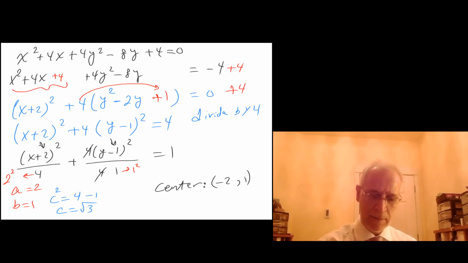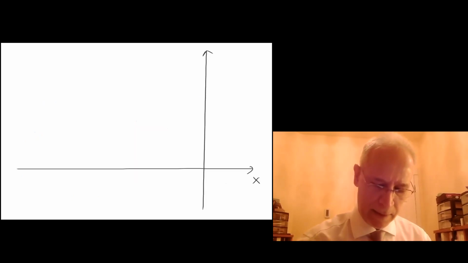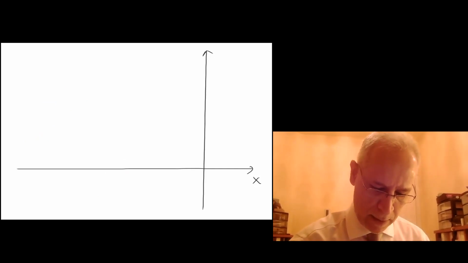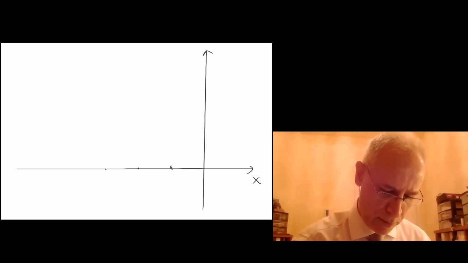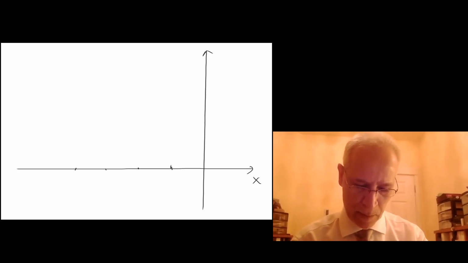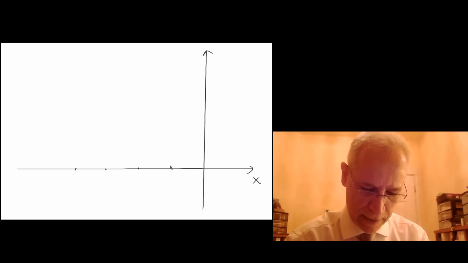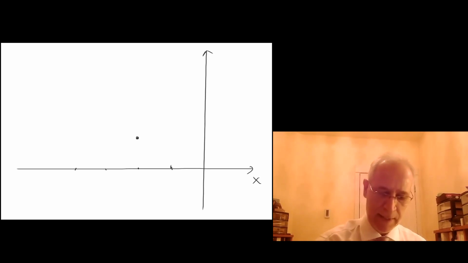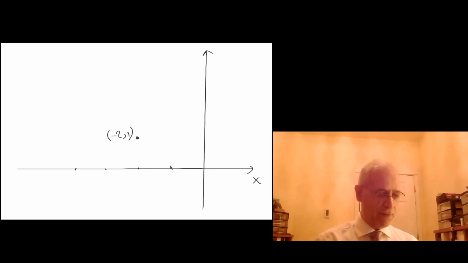Okay, so now -2, and then +1 in here. So here's the center of this ellipse: -2, 1. The value of a we decided from the previous page was 2, so I go